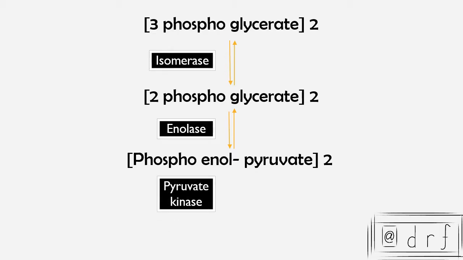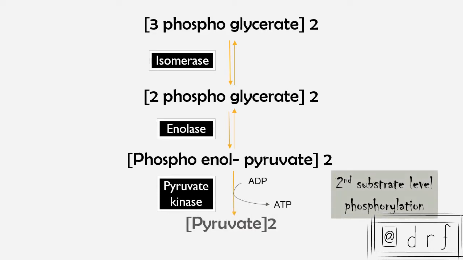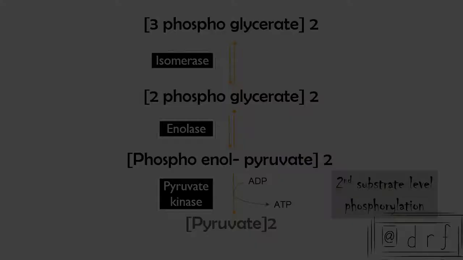Phosphoenol pyruvate in the presence of kinase enzyme converts ADP into ATP. Again, a phosphate group is donated by the substrate. So this process is also known as substrate level phosphorylation. As you can see, it is the second substrate level phosphorylation. Two ATPs are formed here also, because two molecules of phosphoenol pyruvate are donating their phosphate group. Moving forward,